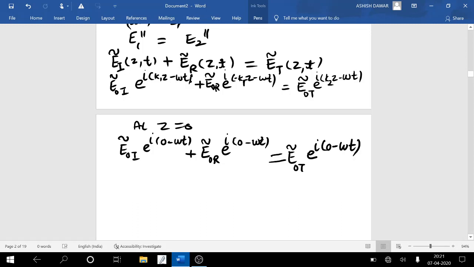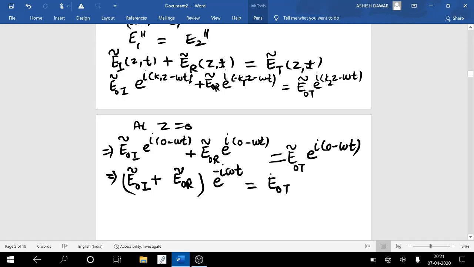So it becomes E0I plus E0R, taking common exponential minus iota omega t, equals E0t exponential minus iota omega t. So from here we get the equation